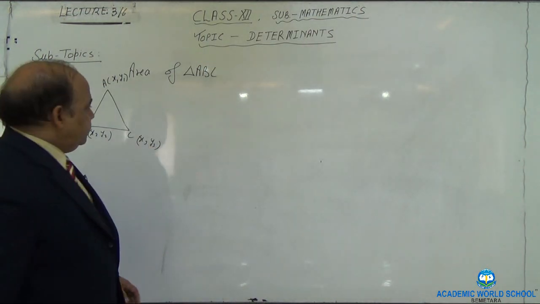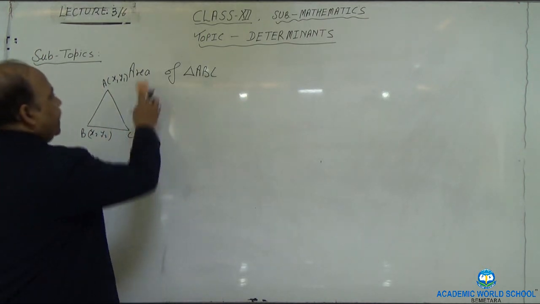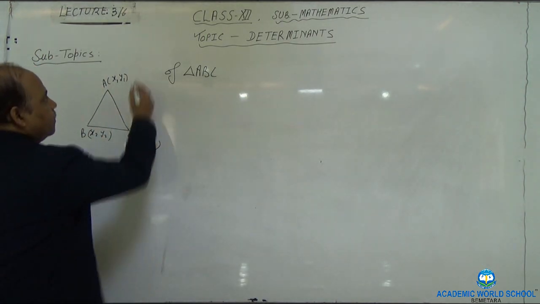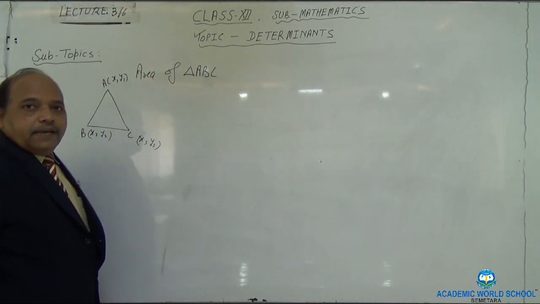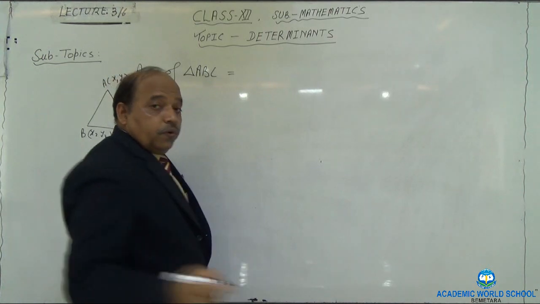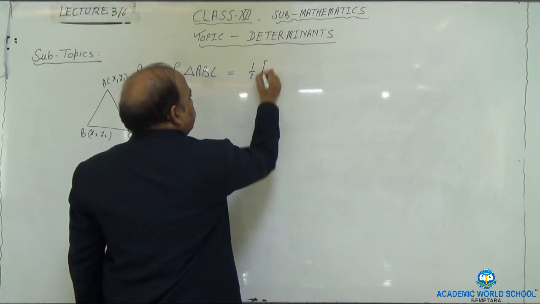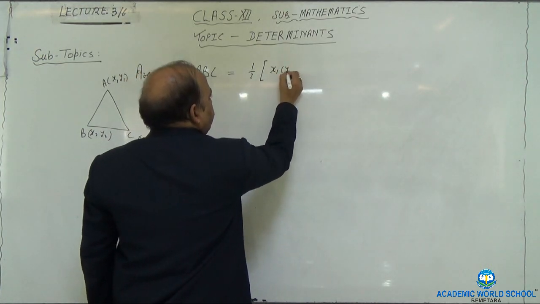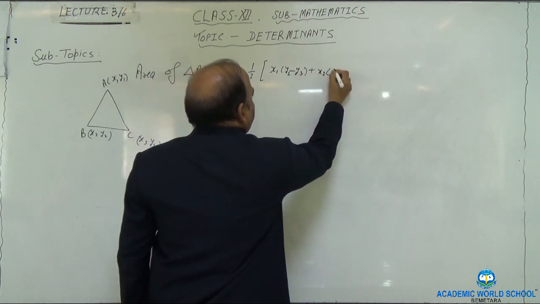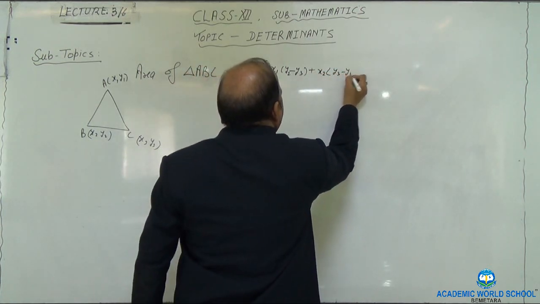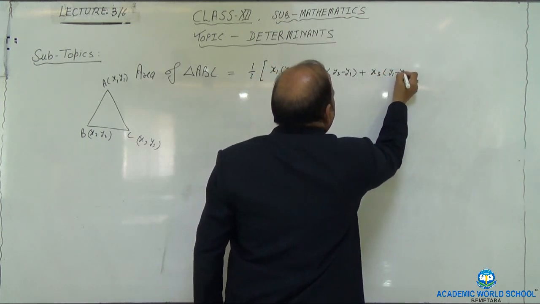These are the coordinates of this. So the area of this triangle, if I have to find it, you learned in grade 10. What was the formula? 1 by 2 times x1 into y2 minus y3 plus x2 into y3 minus y1 plus x3 into y1 minus